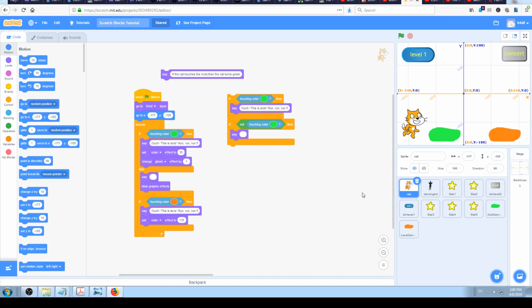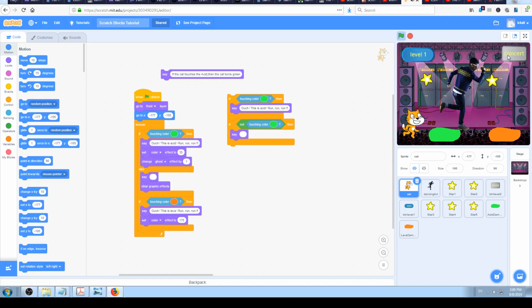We will use this block for something, some other backdrops and stages, and probably when I go to the concert, I would like my cat to be... yeah, we can do it right now to show you the difference. Yeah, so when the cat is on the concert, first of all